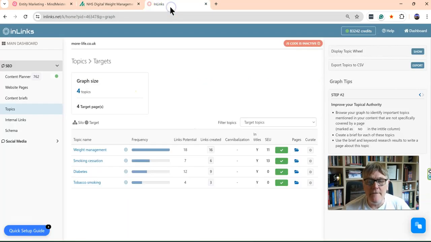So when I go and have a look at their website, for example, then you might consider that you want a silo around the concept of weight management, and then you might want another silo around the context of stopping smoking. But what happens then when you've got the concept of smoking and tobacco smoking in general? Because tobacco smoking has an effect on your weight management. So these may all be very important ideas, but not necessarily in the same order to the same people. So just having a silo is a mistake.